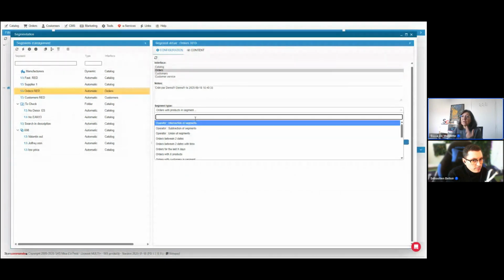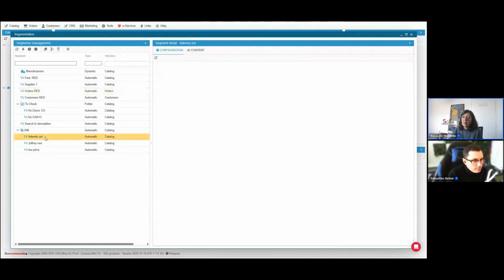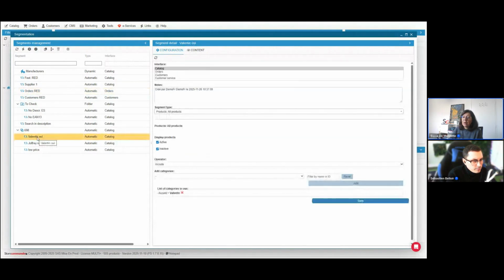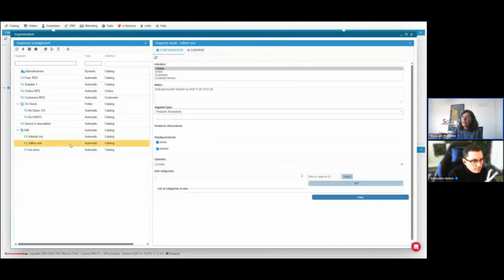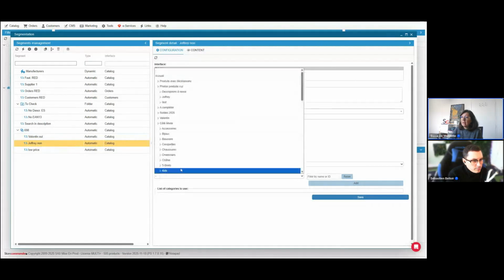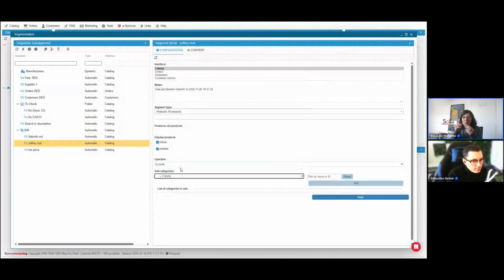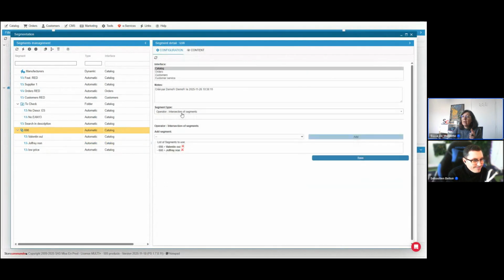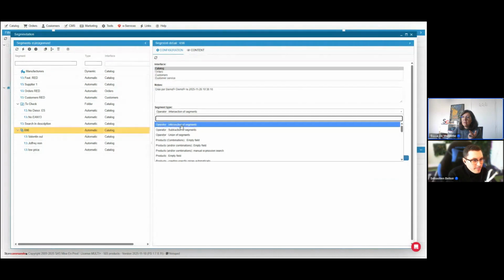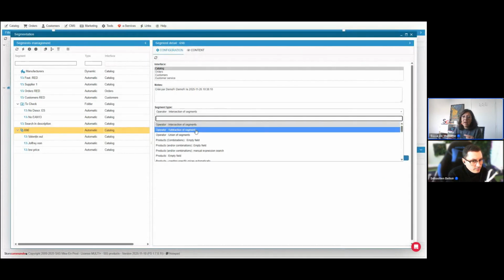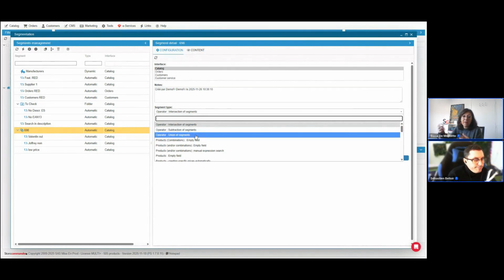And you can do the operator as well, so you can create different individual segments, and then you can create another segment. For example, here I selected I wanted to show the list of products that are included in one category, and the ones that are not excluded in another category, for example. So single segment, okay. And then after that, I create another segment that will do an operator. So either the intersection, so the common elements of the 2, 3, 4 segments, or the subtraction, so only the ones outside the segment selected, or the union, so just the total of all segments.